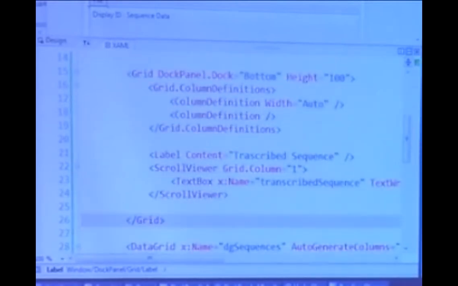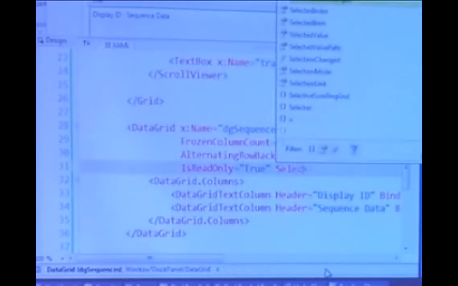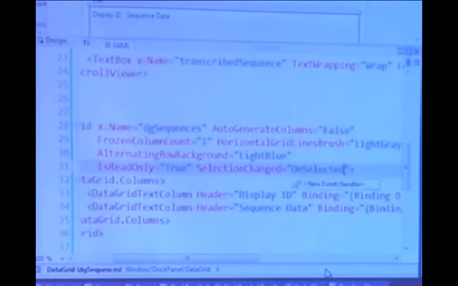Okay. Now, let's do this. Let's go over here to our grid, and when we actually select a new sequence, on selected sequence, let's go ahead and run an algorithm on it.